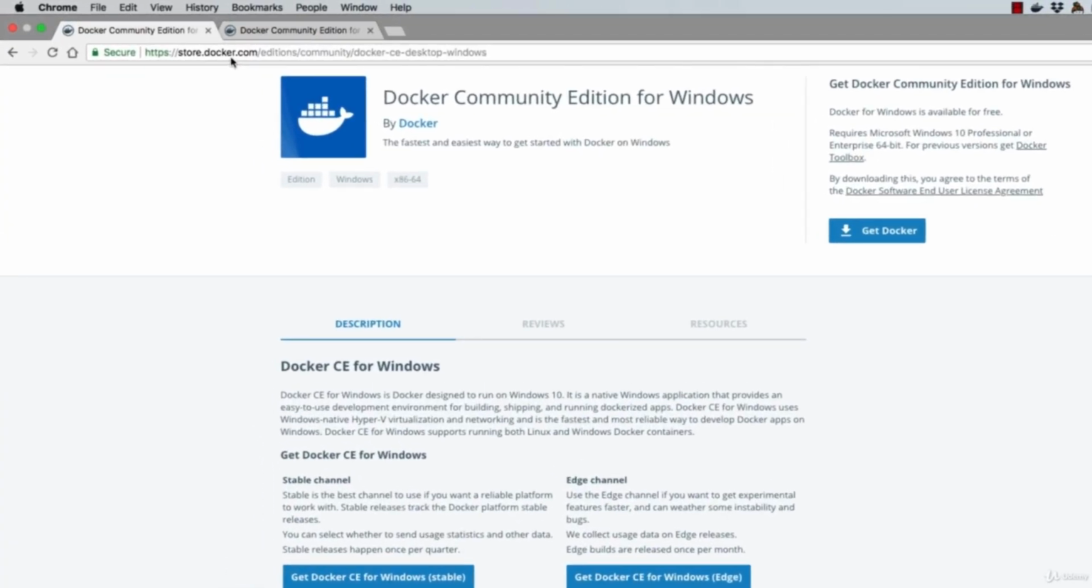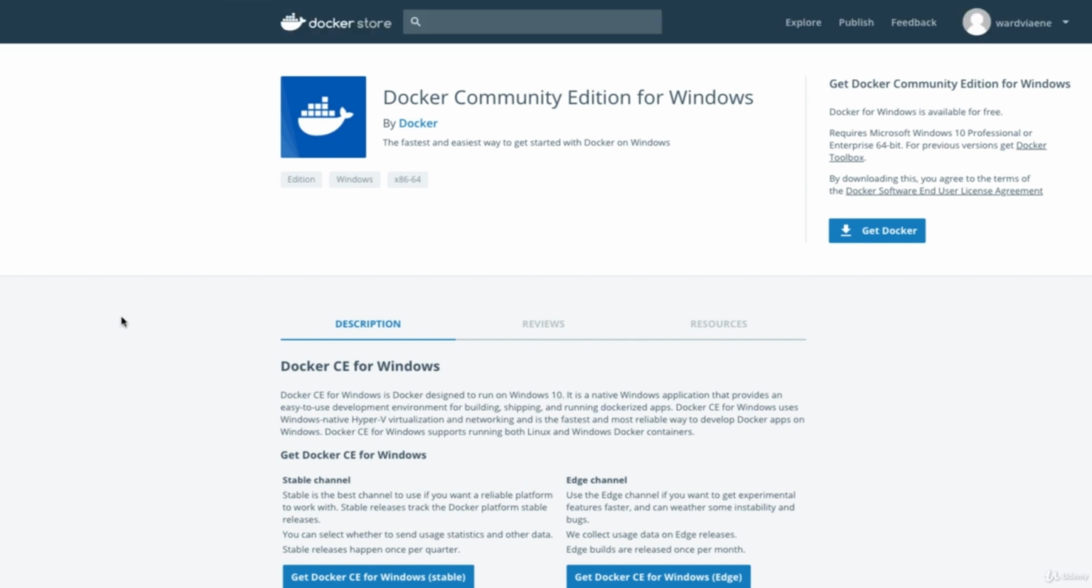So if you just type in Docker client Windows Edge in Google, then you will get on this page, store.docker.com, editions, community. It's a community edition. Docker CE stands for community edition, desktop Windows. And here on this page, you can download the stable version or the Edge version. Because Kubernetes within the Docker client is pretty new, you need the Edge version. At some point, they will include it in the stable version, but now you need the Edge version. So you need to download the Edge version for Windows,